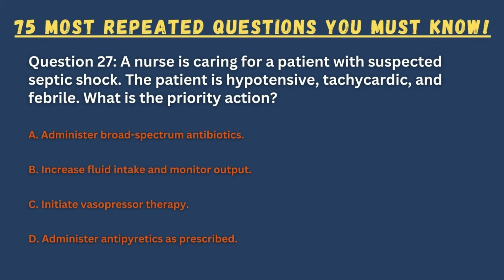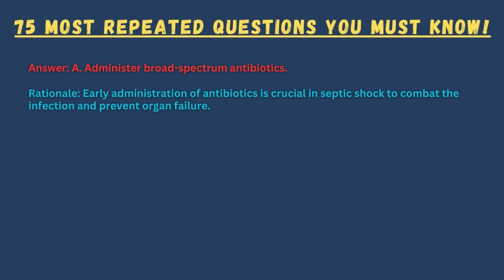The patient is hypotensive, tachycardic, and febrile. What is the priority action? A. Administer broad-spectrum antibiotics. B. Increase fluid intake and monitor output. C. Initiate vasopressor therapy. D. Administer antipyretics as prescribed. Answer: A. Administer broad-spectrum antibiotics. Rationale: early administration of antibiotics is crucial in septic shock to combat the infection and prevent organ